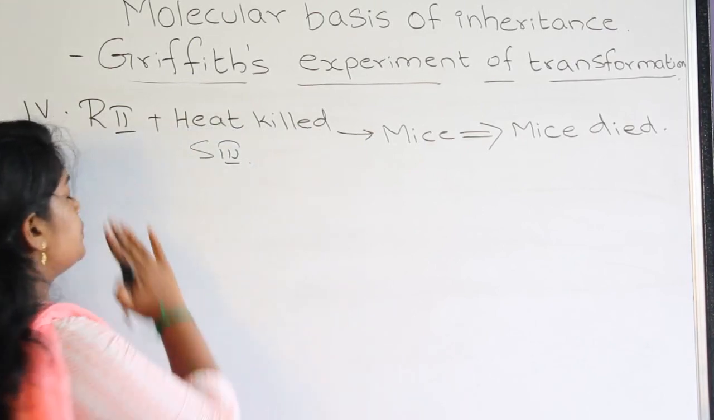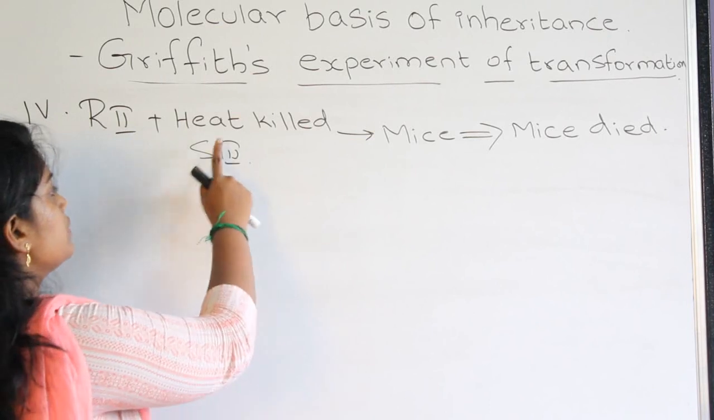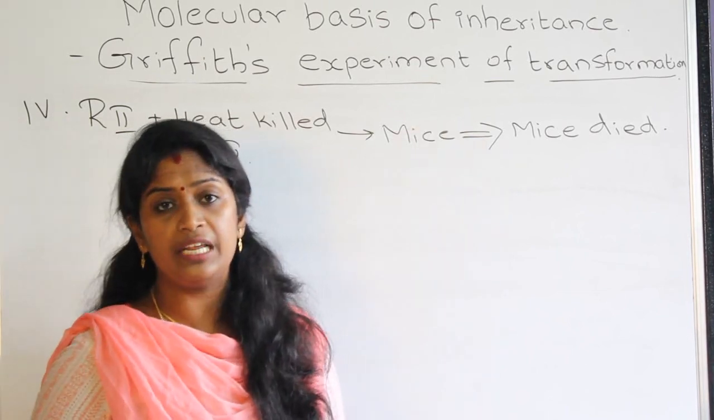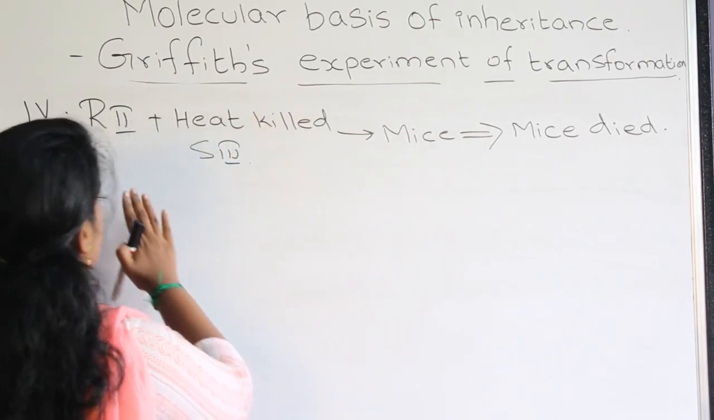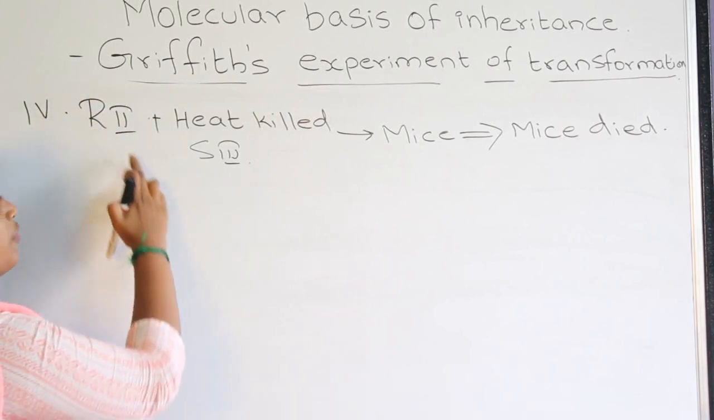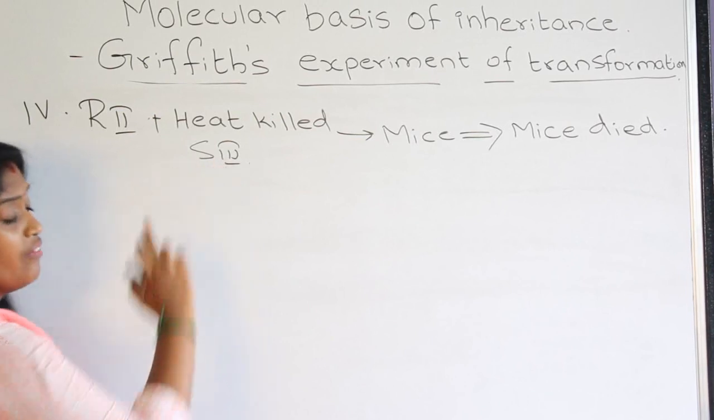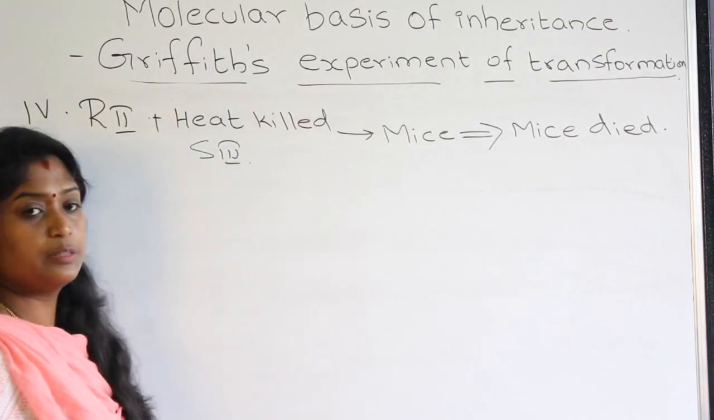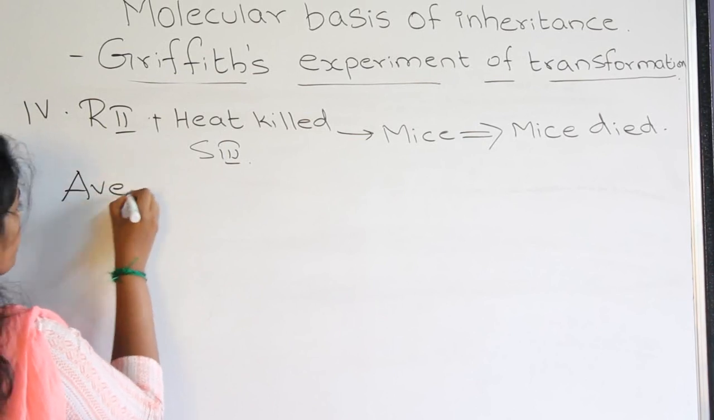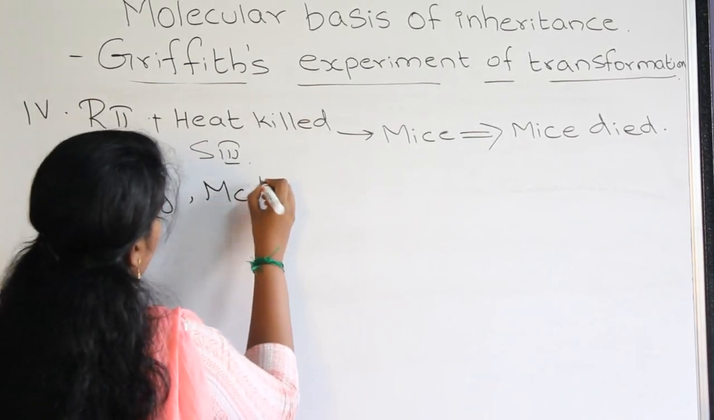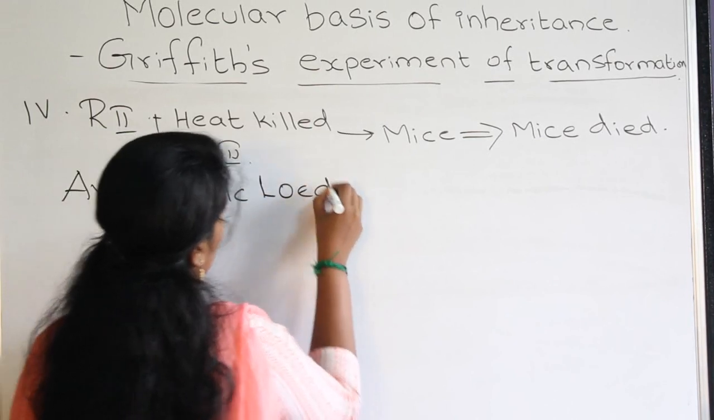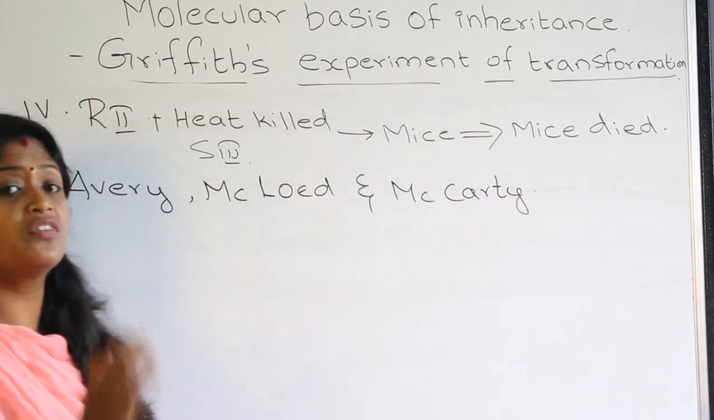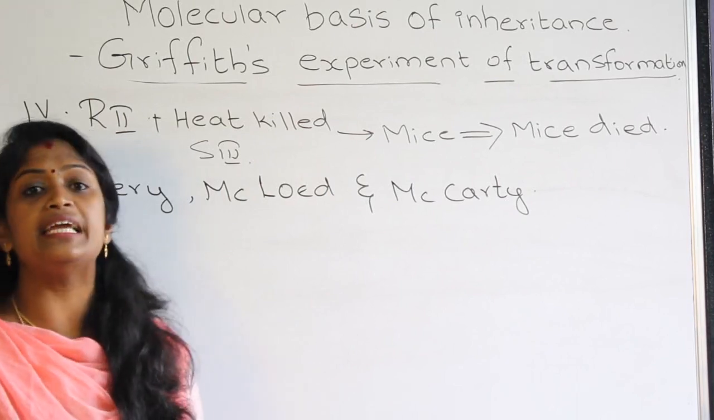Now we know that in the 4th experiment the live R2 strain was injected with the heat-killed S3 strain into the mice and the mice unfortunately died. Griffith concluded that some material in the R2 strain transformed the heat-killed S3 into the live S3 strain, whereas 16 years after Griffith's experiment, 3 scientists, Avery, Loed and McCarty, performed the experiment taking the Griffith experiment as a foundation to prove that DNA is a genetic